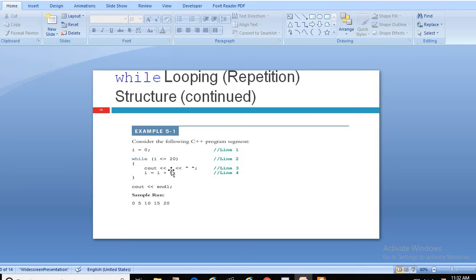Then it is updated to 25, and 25 is not less than or equal to 20, so the condition becomes false and it jumps out of the loop, and the last statement will be executed. So the sample run or output will be 0, 5, 10, 15, 20.